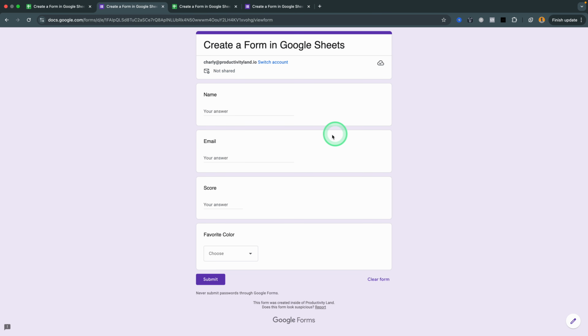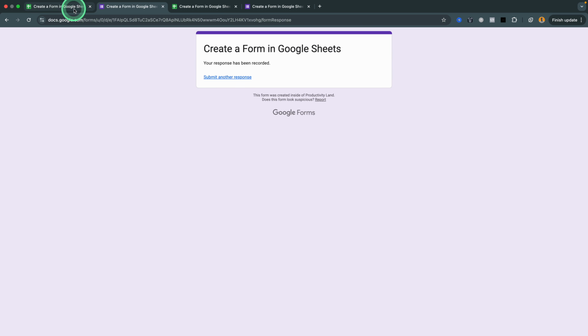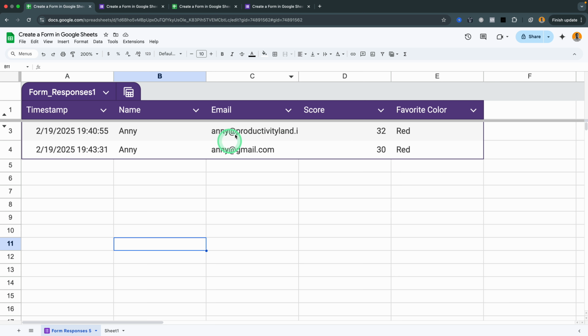Type in a name, an email, a score, and pick a color. Then hit Submit. Flip back to your sheet, and you'll find your responses already recorded. By default, the data appears in a nicely formatted table. But if you prefer the old style, click the arrow next to the Responses tab name and choose Revert to